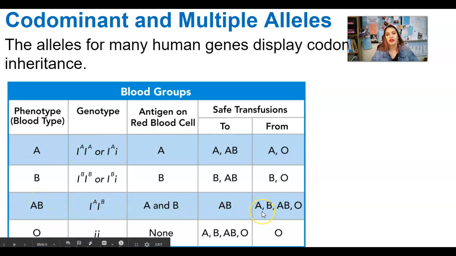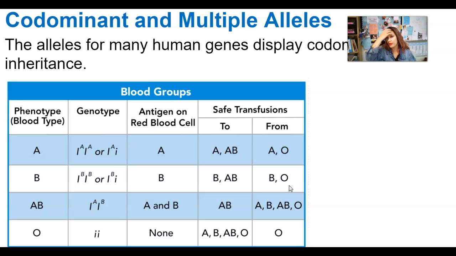You can receive blood from A, B, and O. So you're what they consider the universal recipient. If you are blood type O, you are the universal donor because everybody can receive your blood type. I know that I'm O positive and constantly being asked to give blood,